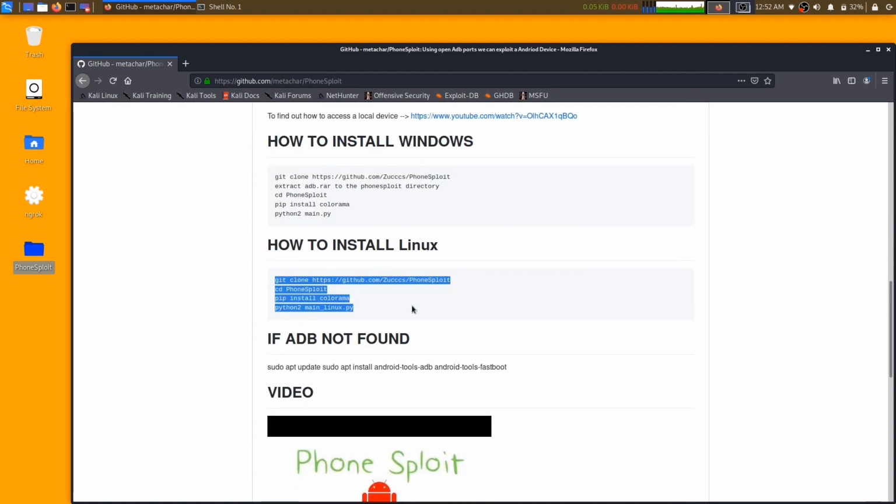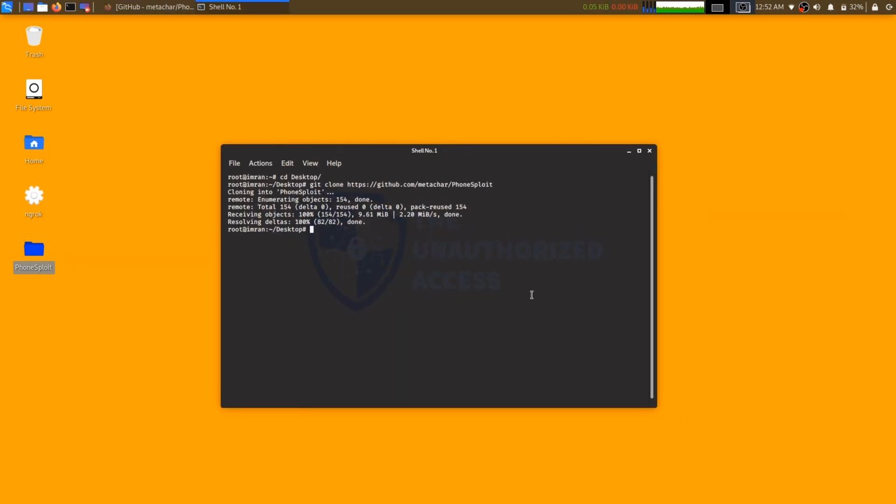Here the developer has also given the installation guide. First you should clone the repository from here, and later on you can go for cd PhoneSploit, which will go into the PhoneSploit directory. Next we should install a Python dependency called Colorama. So let's check the installation. I'll go to the PhoneSploit directory here and list the files.